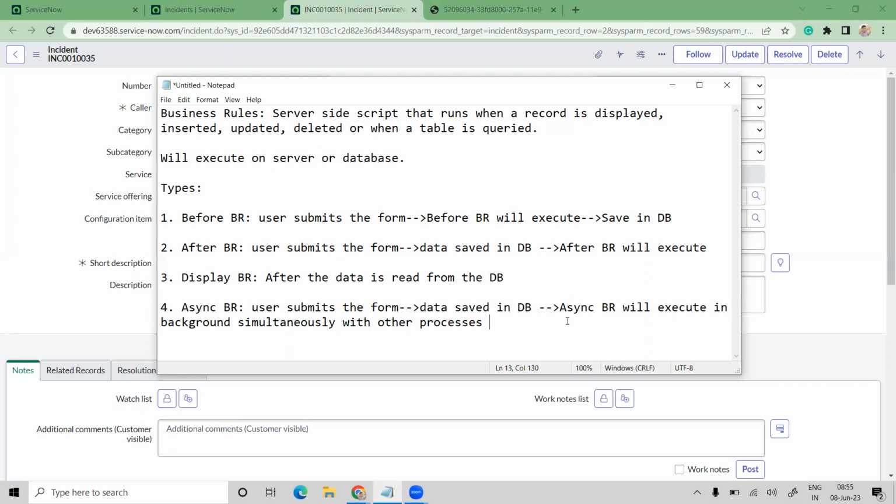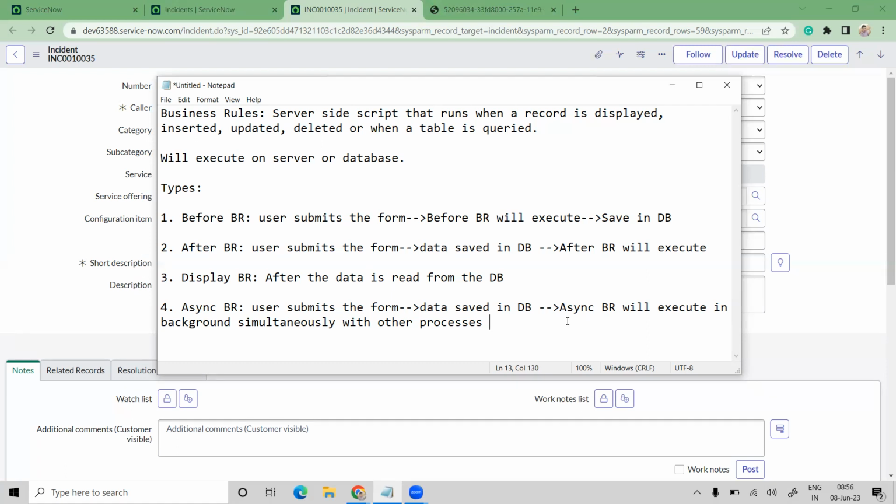Or else I can give one example. Whenever an incident ticket is in a pending customer action status, we can auto close it after 5 days. That can be done by using a scheduled job. If the user does not provide any update on a specific incident task, we can do that within 5 days. But the best practice is to use scheduled jobs only. Just simply understand that an async business rule will